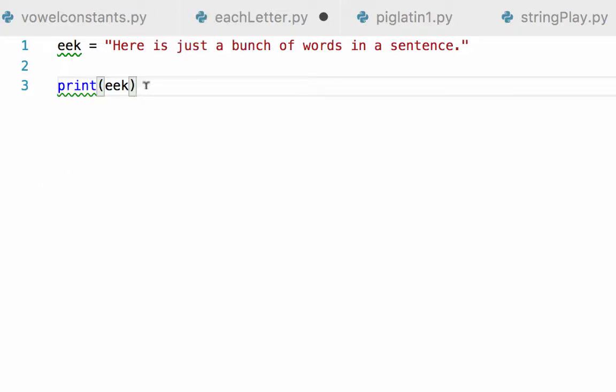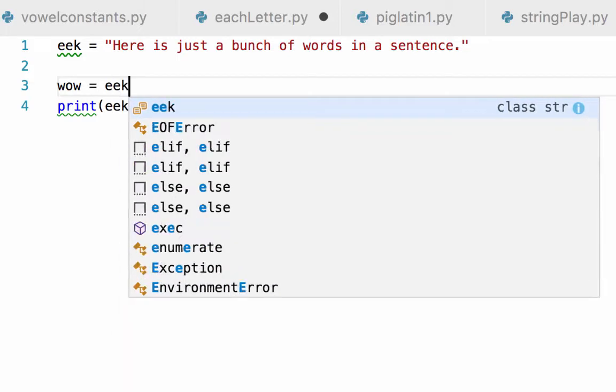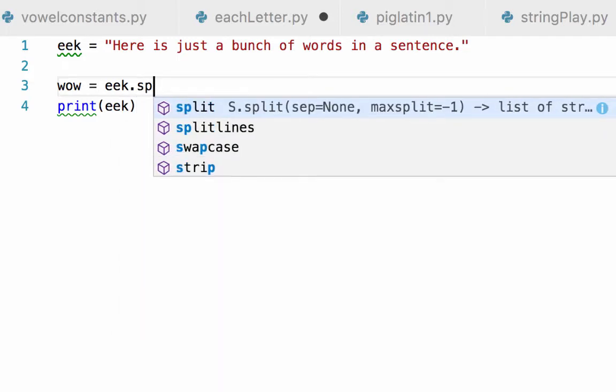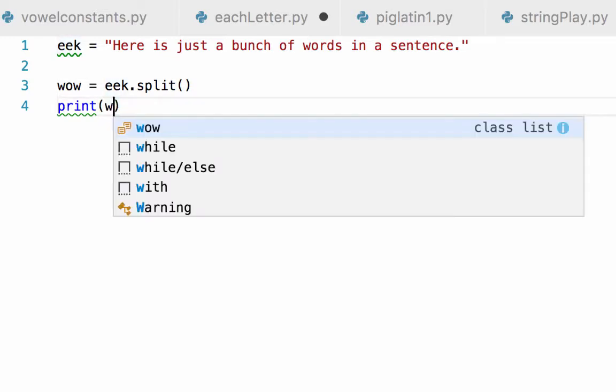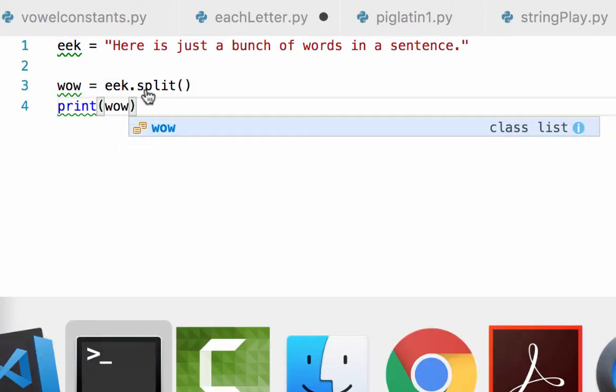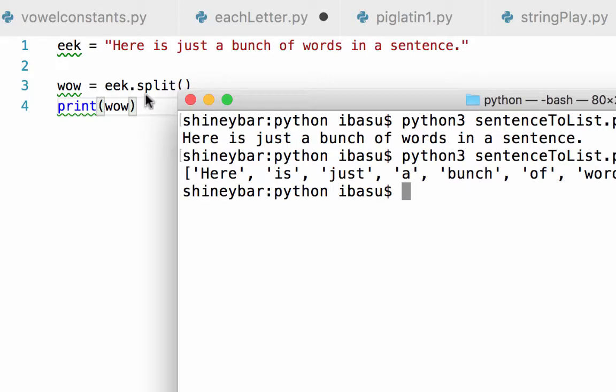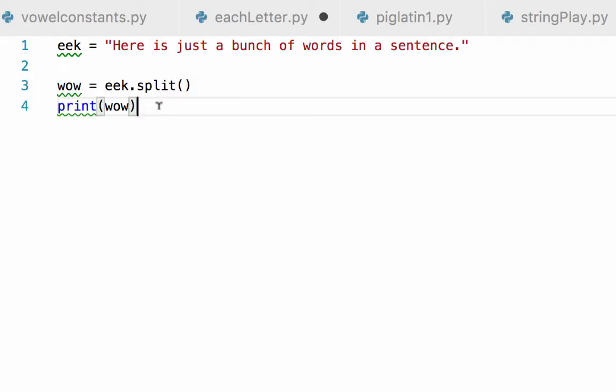If I create a new variable called wow equals eek, and we're going to use a special function called split, and if we print wow, you can see we've broken it into a list of words, and now that it's a list of words, we can